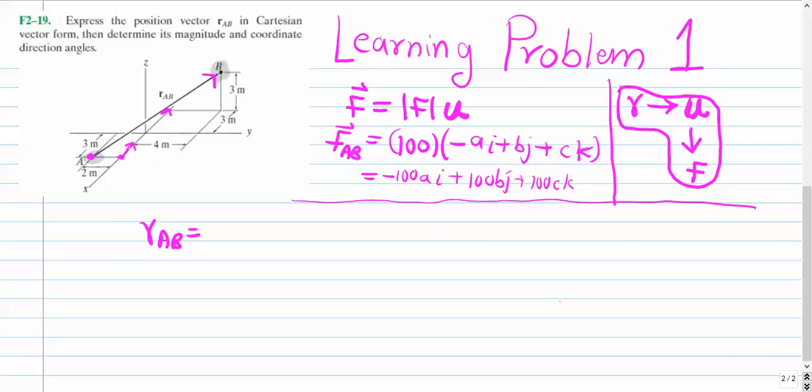But since its direction is towards the negative x-axis, we will put a negative sign. In the y direction, the length is also 6 meters. Oops, there should have been an i here, not a j. And lastly, in the z direction, the length is 3 meters. So now that we have our length vector,